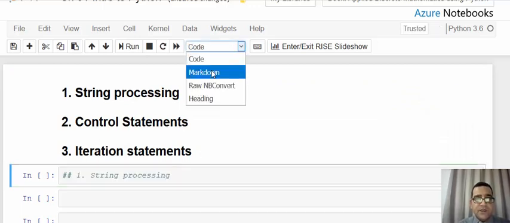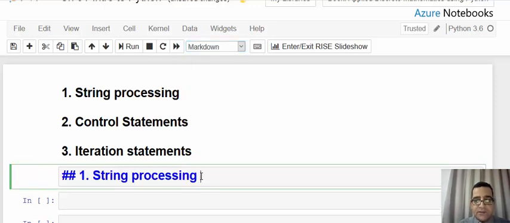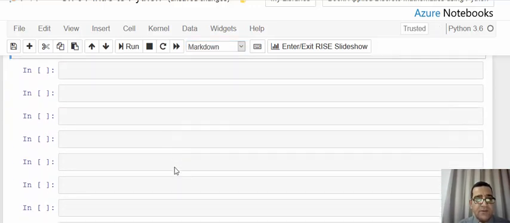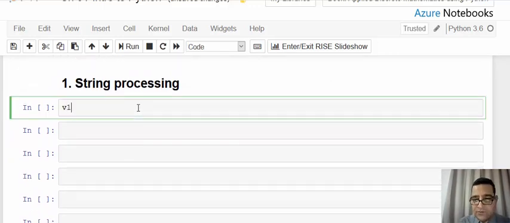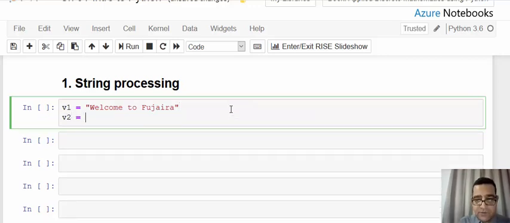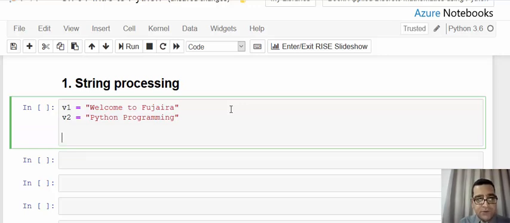As we already saw before, for any title we can use markdown and then run. Okay, now let us create two variables. Variable number one will be "welcome to Fujera", and variable two equals "Python programming". Now if I want to display the whole variable as a string, I can use, for example,